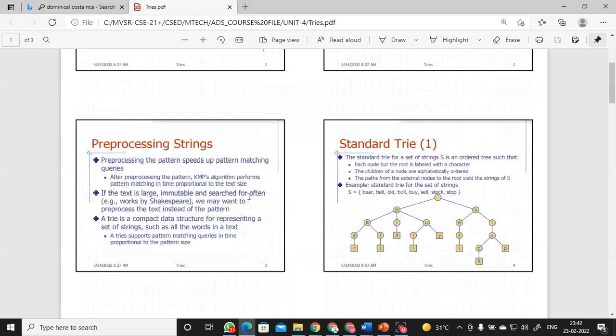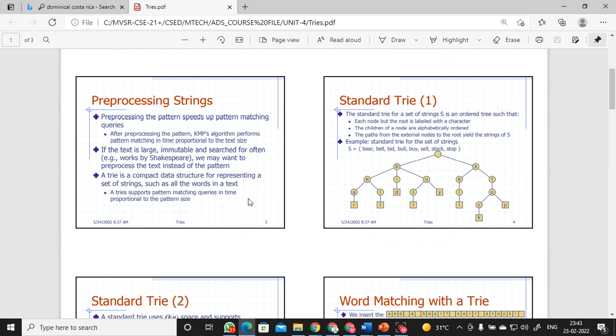As we have discussed, pre-processing the pattern helps make pattern matching queries quite efficient. Like in Knuth-Morris-Pratt, the last algorithm which we have seen, the pattern we search for in the text is pre-processed first, which reduces the time complexity of the search. After pre-processing the pattern, the KMP algorithm performs pattern matching in time proportional to the text size, we said. If the text size is very large and it is immutable and searched quite often, like for example,